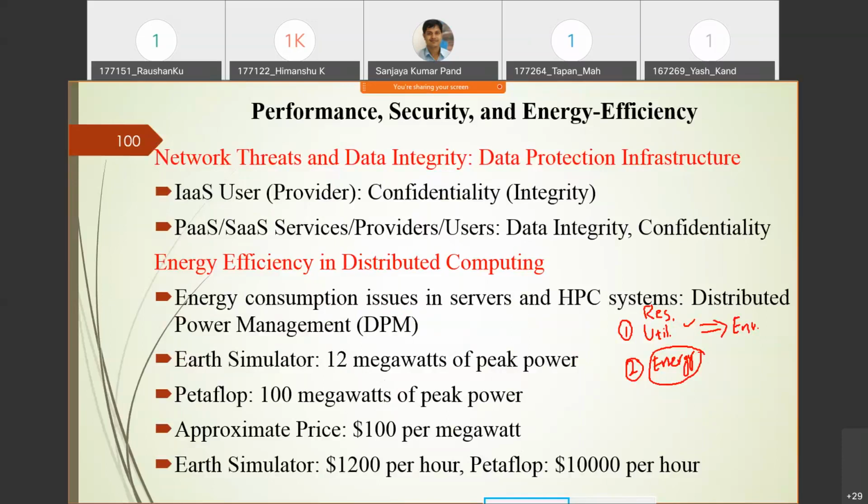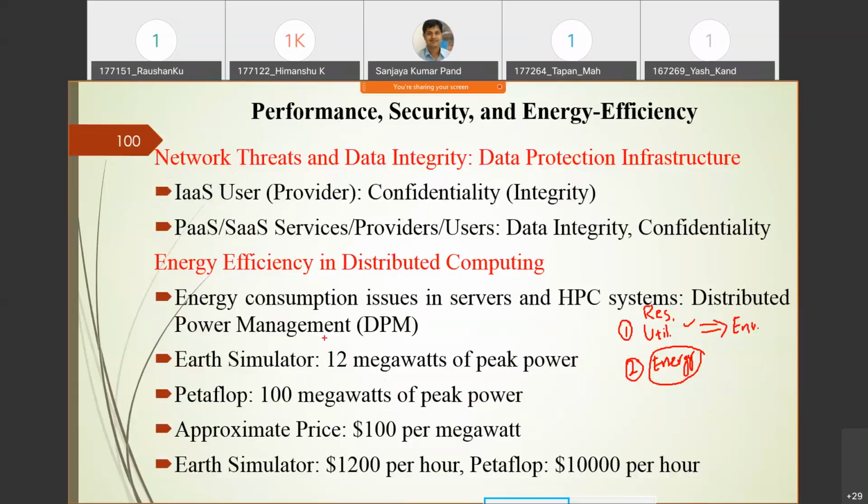So you can see here, energy consumption issues in the server or HPC system. We have to ensure that whatever servers or HPC systems we are using, we are properly utilizing them, and they should not consume more energy or require more power. Whenever we are executing something, we call it energy, but prior to that we say power. The power consumption by each and every server and HPC system should be properly utilized, right? For this there is a management policy which we call the distributed power management policy. I'll come to this policy later.